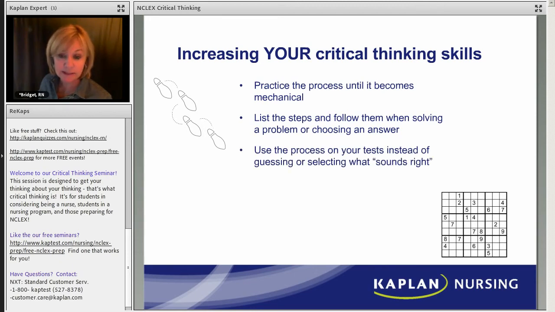Really will help you on tests. You cannot guess. You've got to use this process so that you're not guessing or just picking it because it sounds right. Now back on that last question, I could have picked respiratory therapy because that was airway. But it didn't make sense. It sounded right, but it didn't make sense. That would have been just guessing, not okay. Best answer was the circulation.